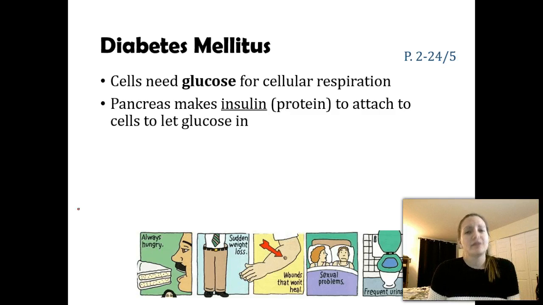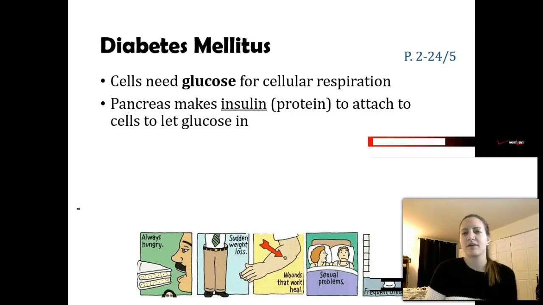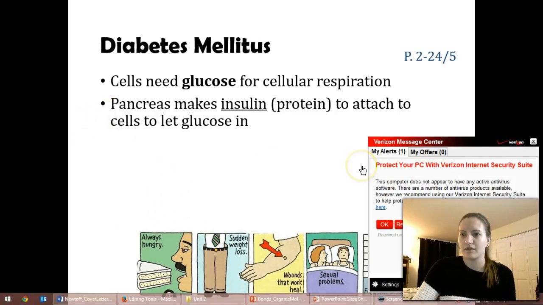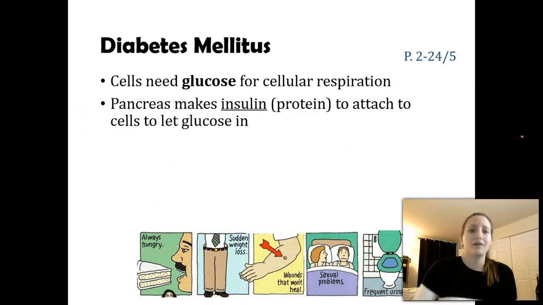So people with diabetes, whether it's type 1 or type 2 diabetes, and I'll talk about the difference between those here soon. Oh no, my Verizon's on. We'll talk about this soon. So no matter what, if it's type 1 diabetes or type 2 diabetes, and we'll talk about the difference between those soon,